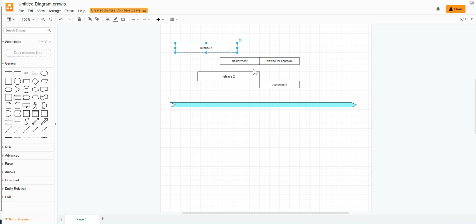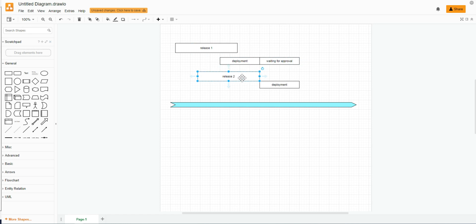Suppose you have triggered release one here. As soon as it is triggered, at some point a deployment job is triggered, right? So this could be the time flow. I have not created a very good scale here, but you can understand by this. Once the deployment job has triggered, at some point it goes into the state where it is waiting for the approval. Now, when you have triggered the release one pipeline, after a few seconds, you have triggered release two as well.